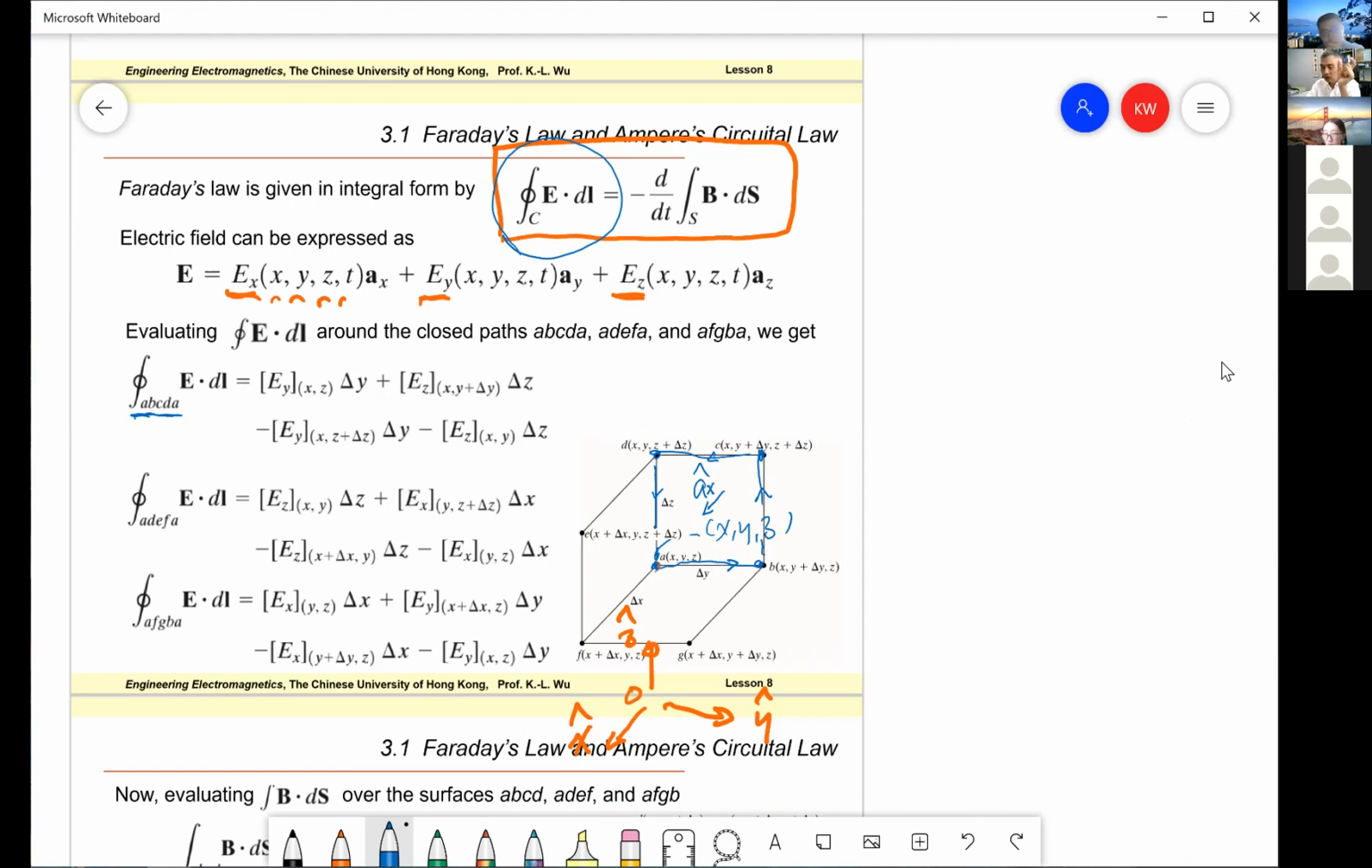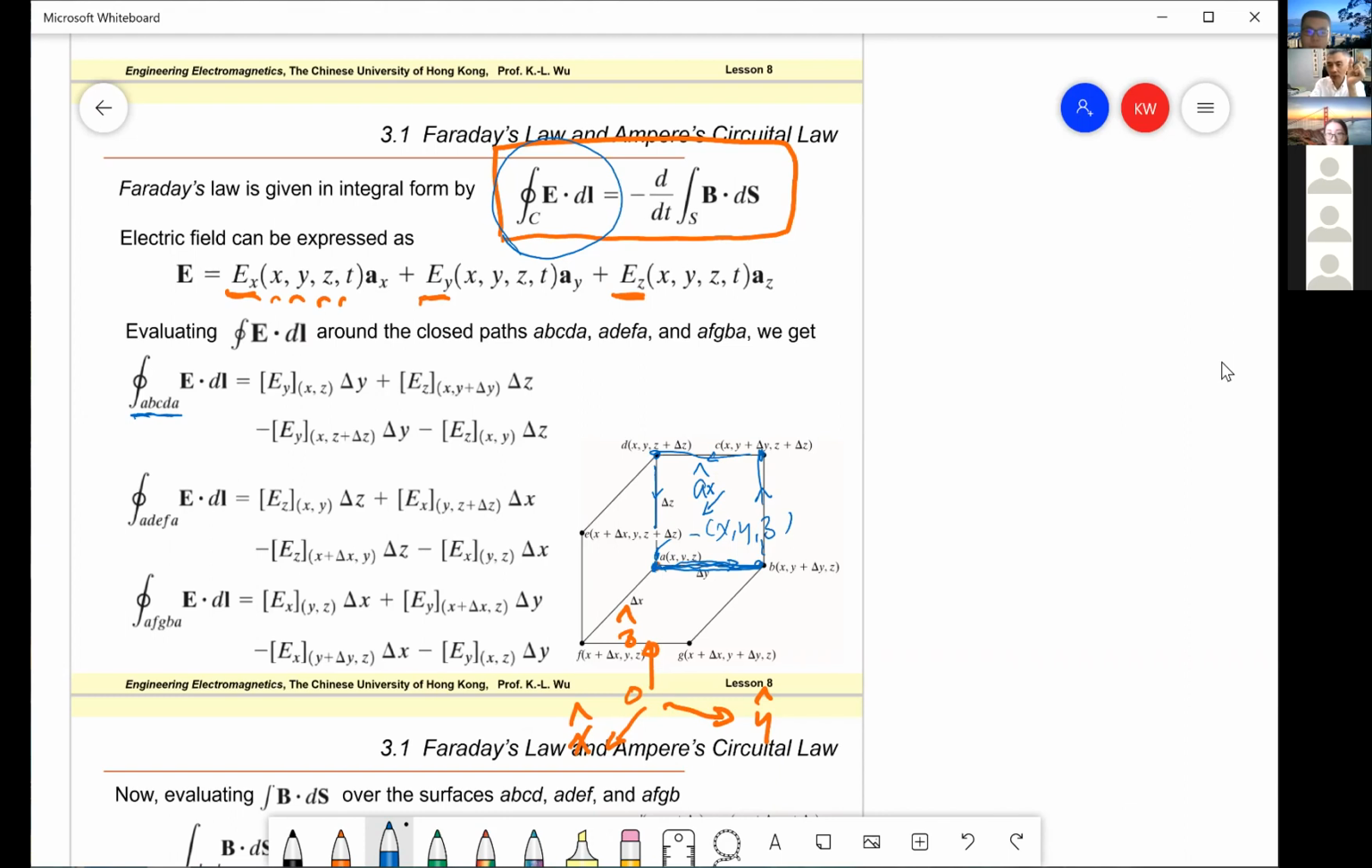The field at this point I can assume doesn't change over this small path. Can you accept that? So if you accept this, the field